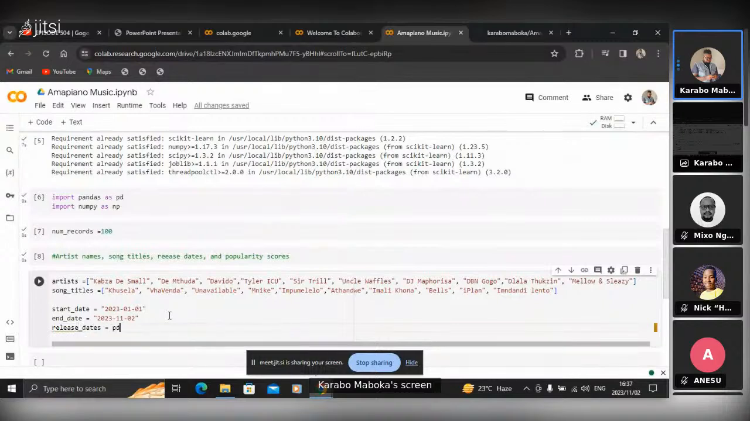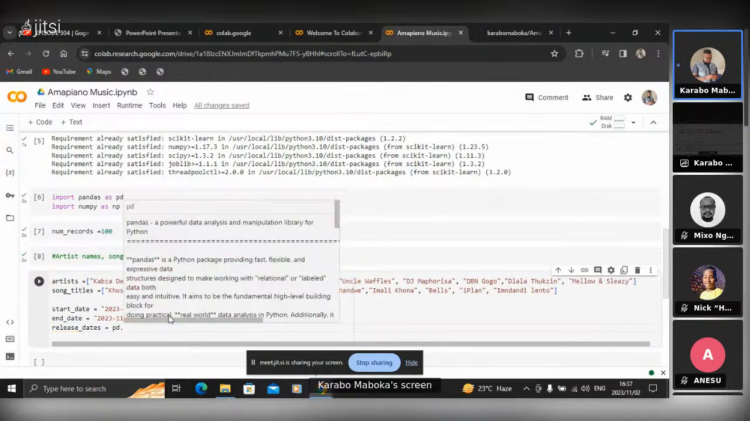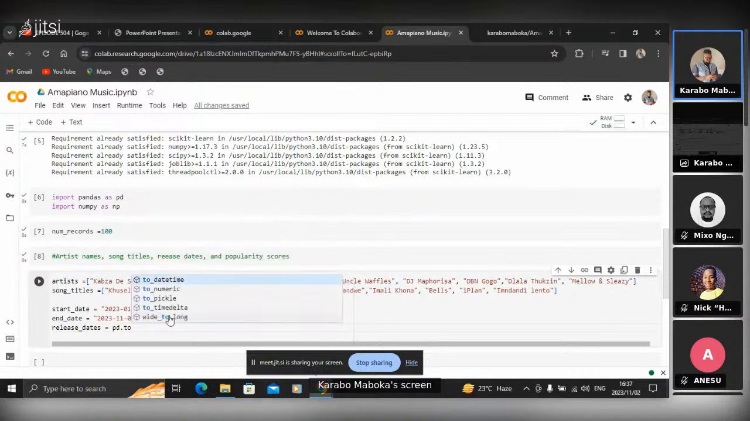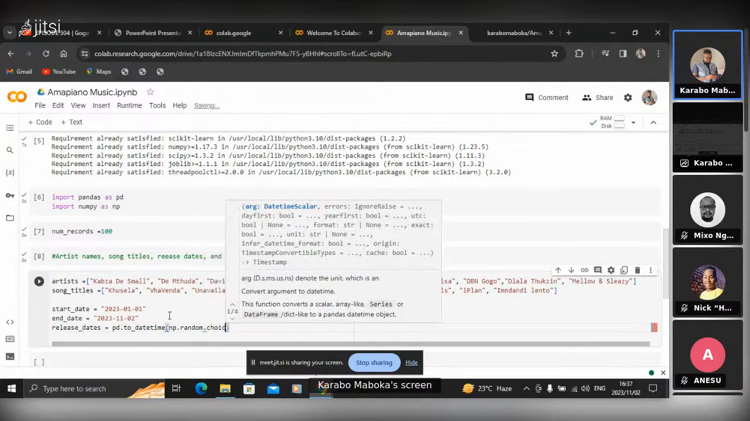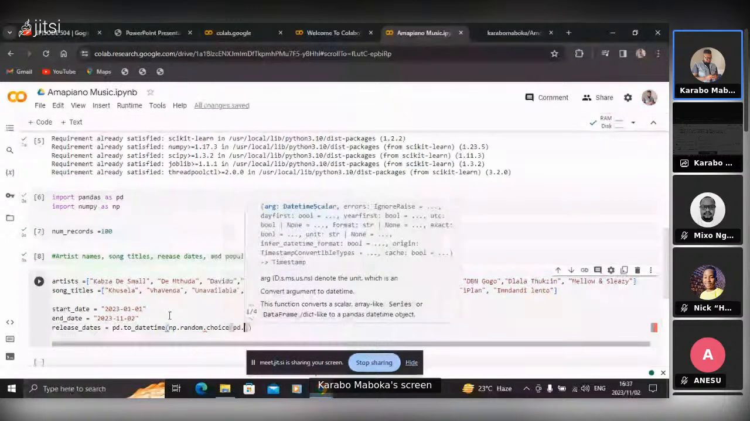PD. PD means pandas, right? PD pandas to date frame. PD to date frame. Random dot choice